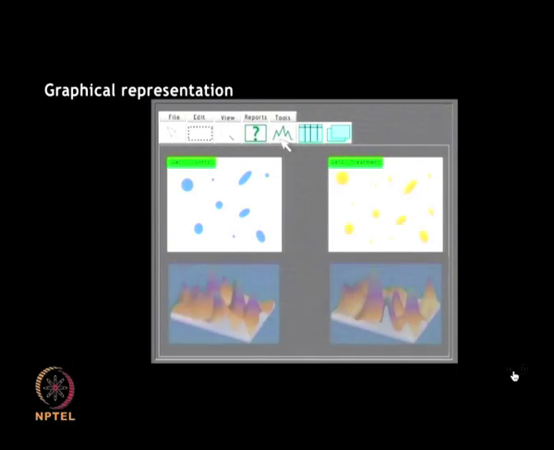After the analysis, one can look at the graphical representations of the three-dimensional view of the spots. The spots on the gels can be displayed as a three-dimensional graph. Either the entire gel can be chosen or a particular region can be selected for this representation. The peaks obtained in the graphical representation are directly related to the spot intensity. Next, we will talk about spot analysis.